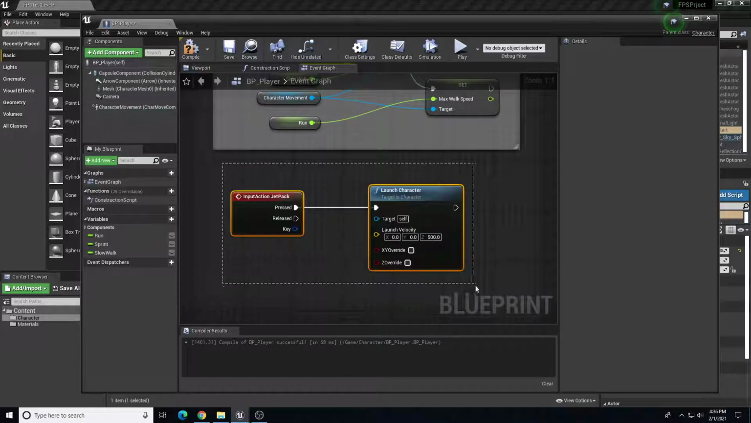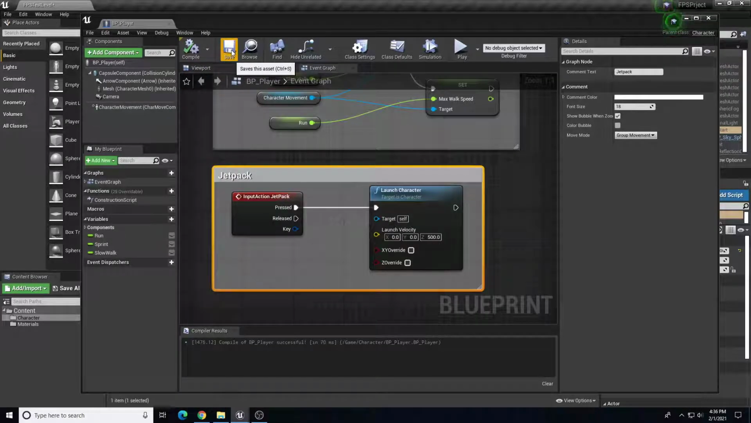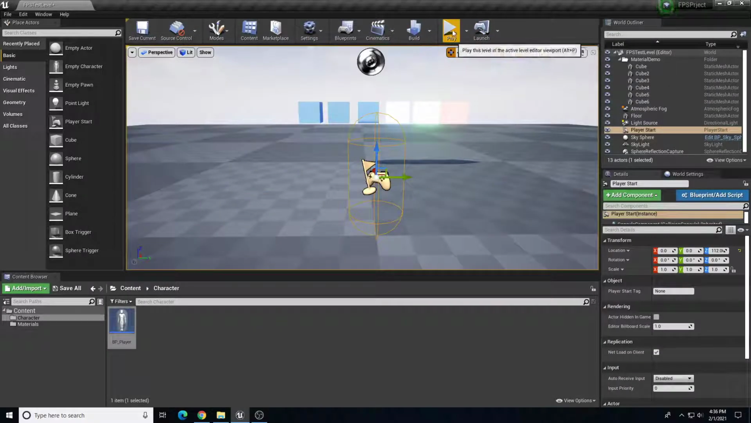All right, that's really it. Let's go ahead and comment this out. So let's drag select and do comment, and then we'll call this one Jetpack action. Here we go. Compile and save. We want to do one more thing that we can do. Let's hit play and I'll show you why. So if I hit play